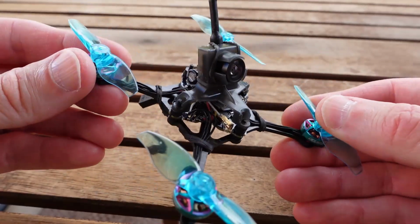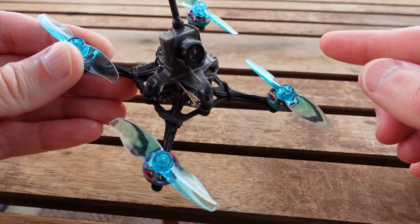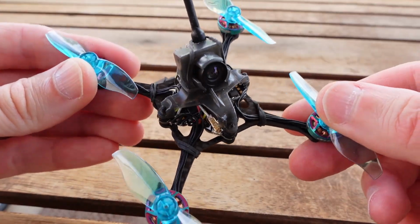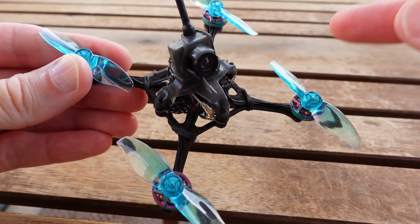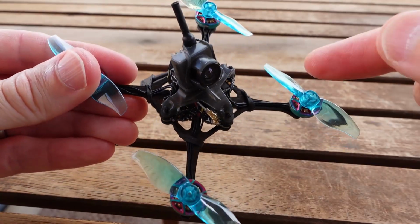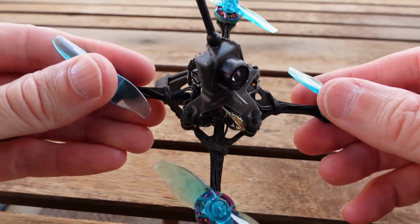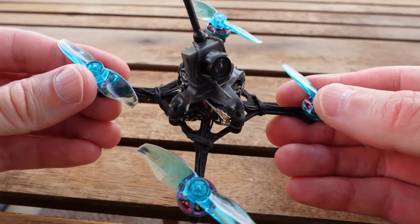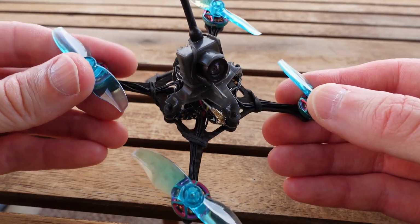The reason it's an absolute unicorn is because it might be a 1 to 2S board. It's definitely a 2S. And it is an F405 with an MPU 6000, and it has blackbox logging on it. And it's got ExpressLRS built right in, via UART, not even SPI, via UART. They did everything on paper so well that I was willing to spend $100 on this board and take a roll of the dice on it,